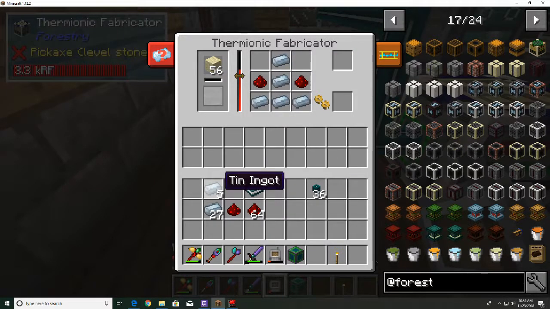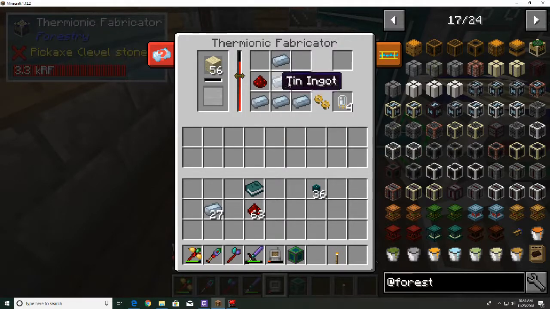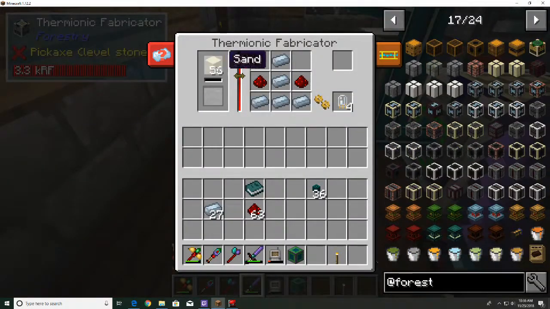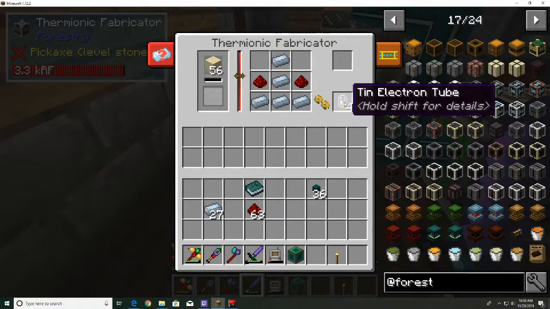Okay, so when I put in 5 of these and 2 of these, it makes us our electron tube. It uses a liquid glass and makes us the tube. So the cool part is we can leave this alone, and for automation purposes, anytime we need to, we can have sand automatically put into here at all times, and anytime we need to make another electron tube, we just